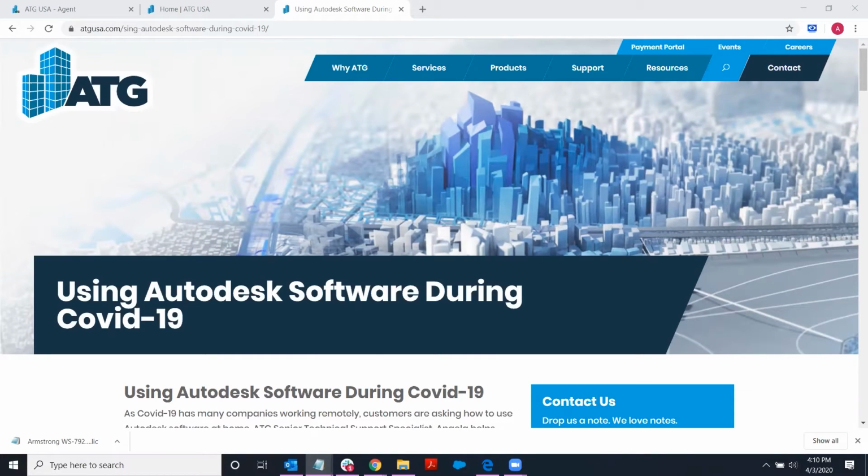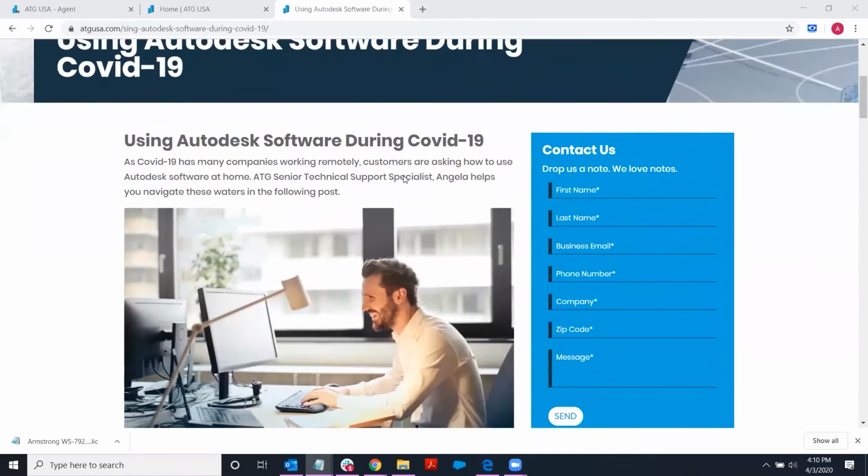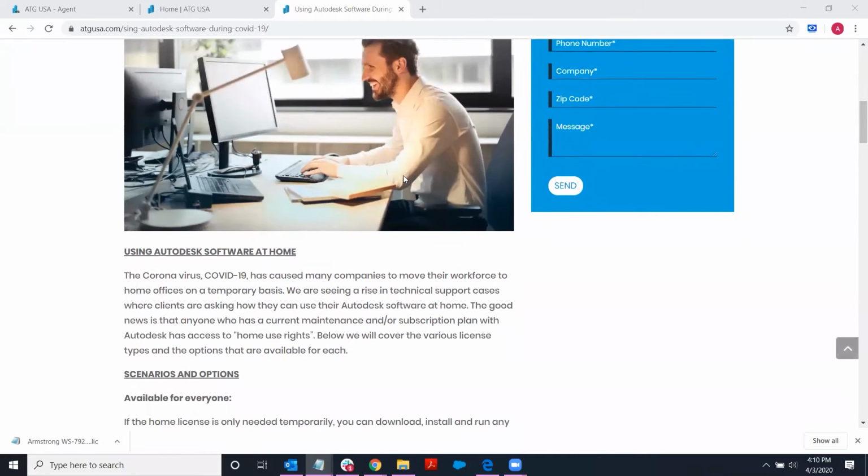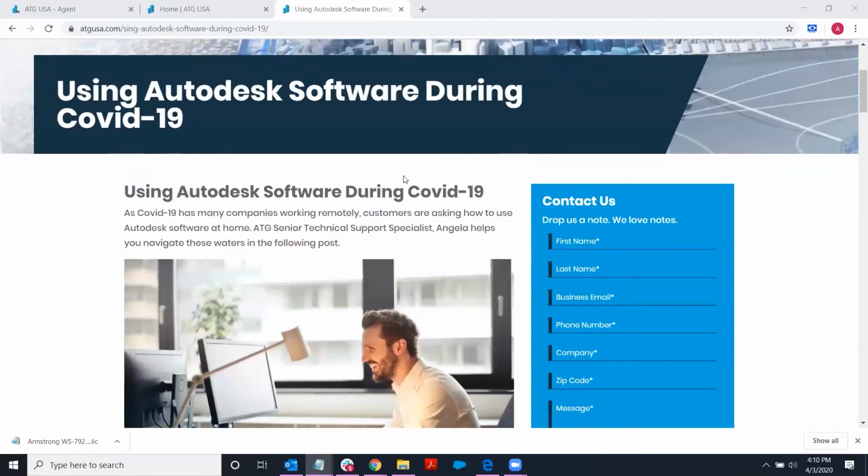I'm on the technical support team, and today I'd like to talk to you about how you can use your Autodesk software at home during the COVID-19 pandemic. How you actually use it at home depends on the type of license that you have. So I just wanted to cover some of the scenarios and in general which direction to go. But you can see the link here on the screen to the blog that we just posted recently about it,